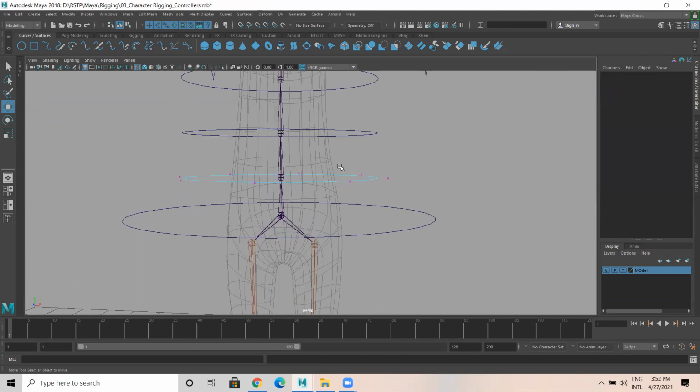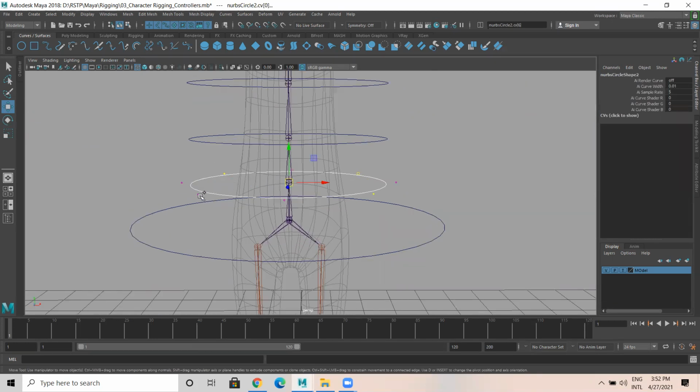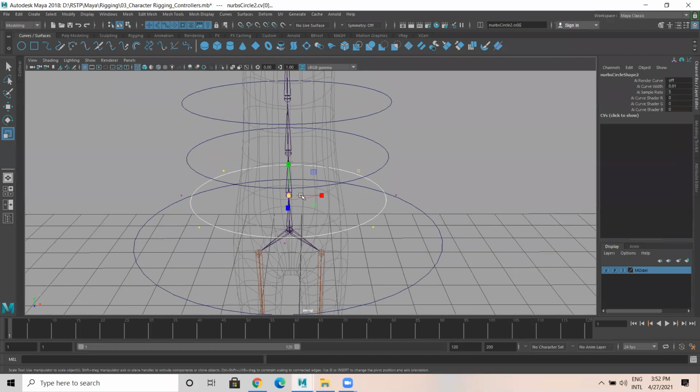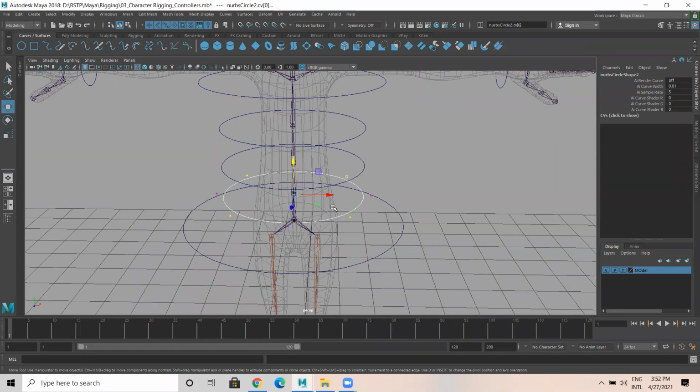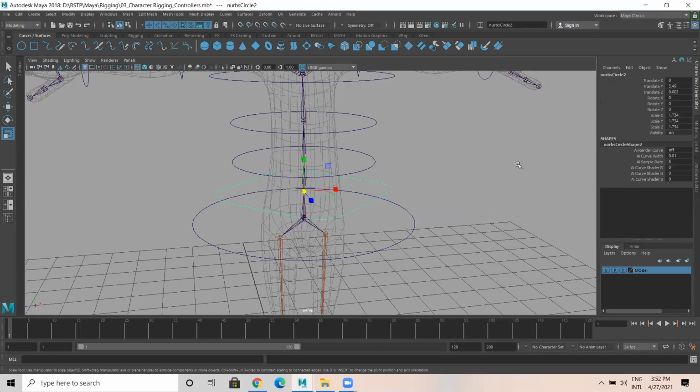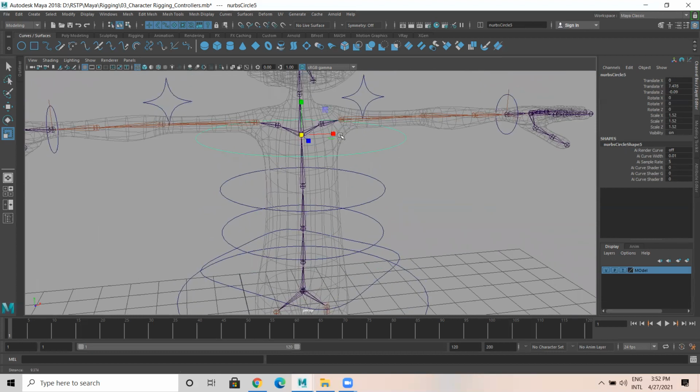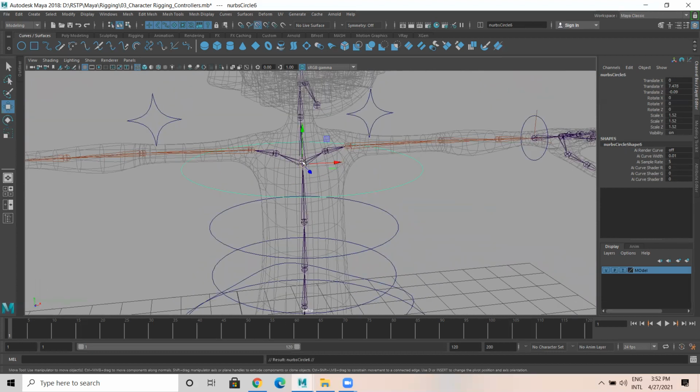So control vertex. The hip controller will be in a different shape. I just provided some shape.